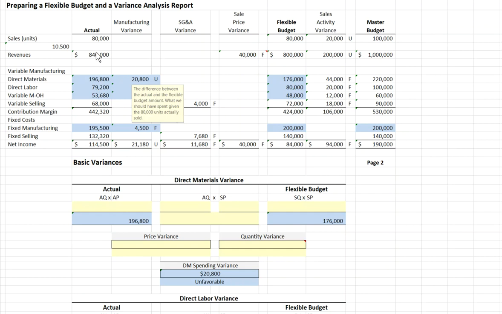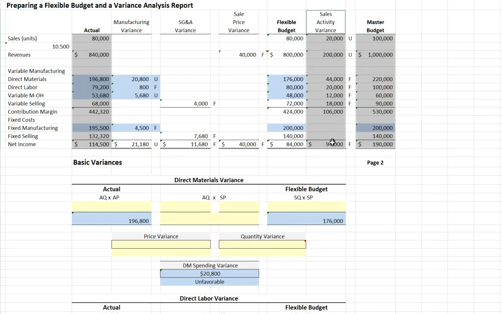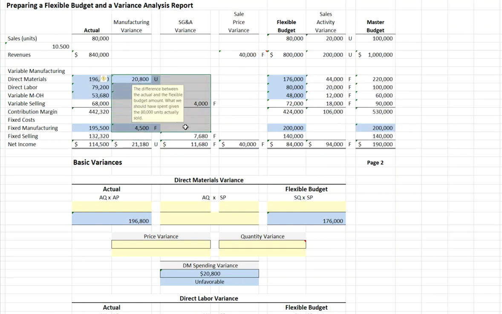Last video, we prepared a flexible budget and a variance analysis report. And in that report, we compared our actual performance with our original budget. We broke it down into sales activity variances and spending variances. In this video, we're going to investigate specifically these spending variances that relate to direct materials, direct labor, and our